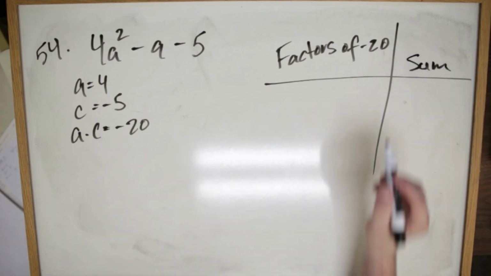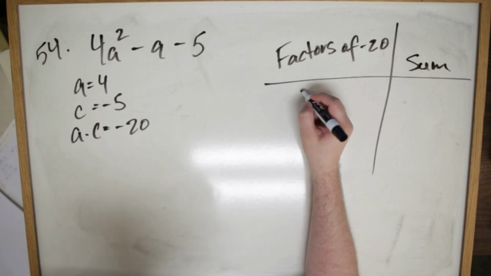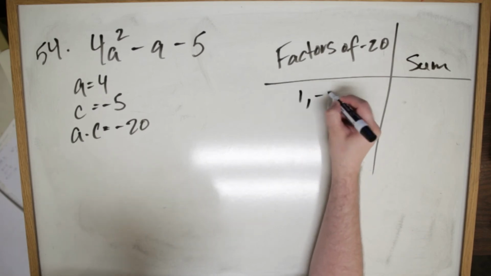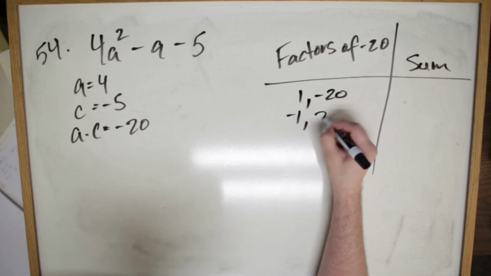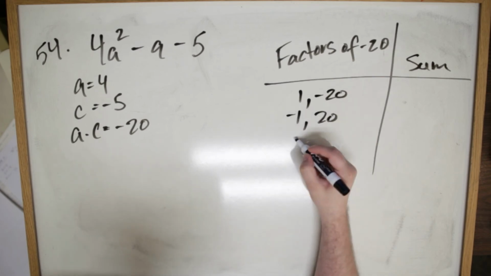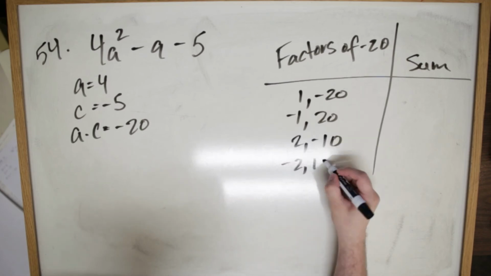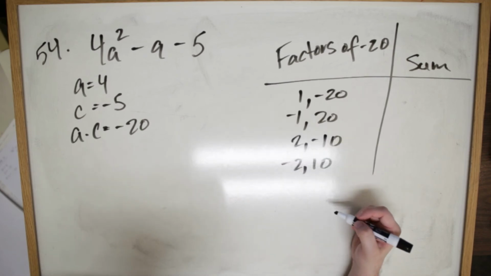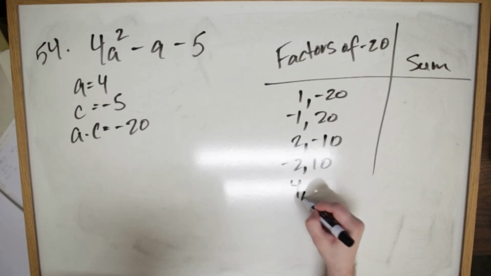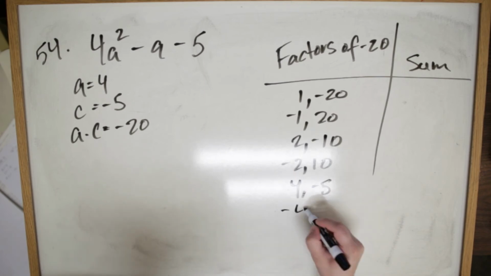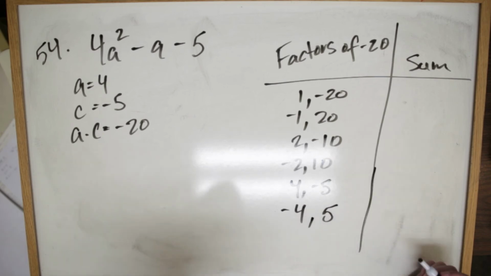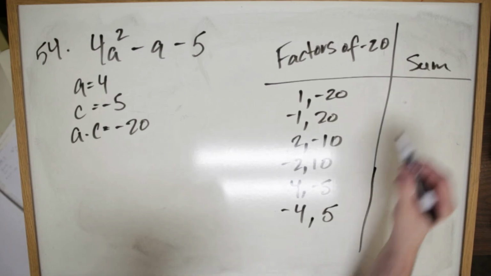Okay, so factors of minus 20, we'll start at 1. So 1 and minus 20, minus 1 and 20. We'll have 2 and minus 10, minus 2 and positive 10, 4 and minus 5, minus 4 and 5. Okay, so this is again the long way, but I want to make sure I get this right, so that's why I'm doing it. Now when I sum these, I'm going to get